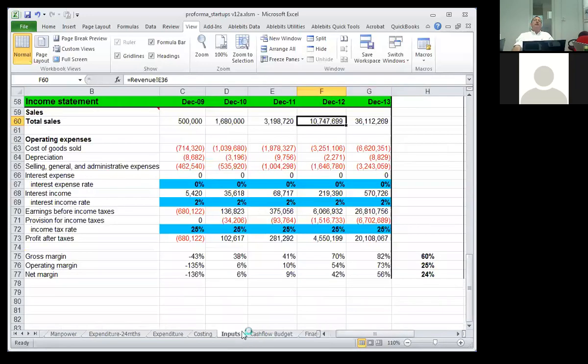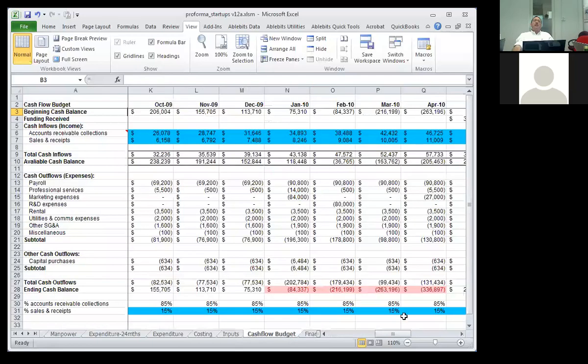And before I get to the inputs page, I'll just highlight also our cash flow budget. Our cash flow budget is something that is not going to show up in the financial forecast that we send to investors, because this is not the same as the cash flow statement in our financial results. This is a real month-by-month cash flow budget that helps us to identify problems in the forecast so far. Like, for example,